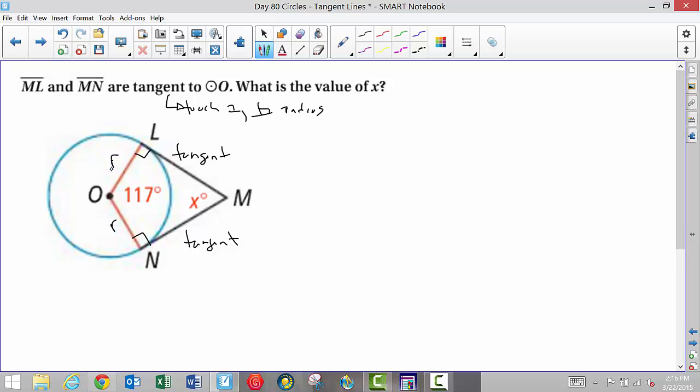And I'm not asking for the value of R, I'm asking for the value of X. I'm looking for angle M. Well, I'm going to highlight